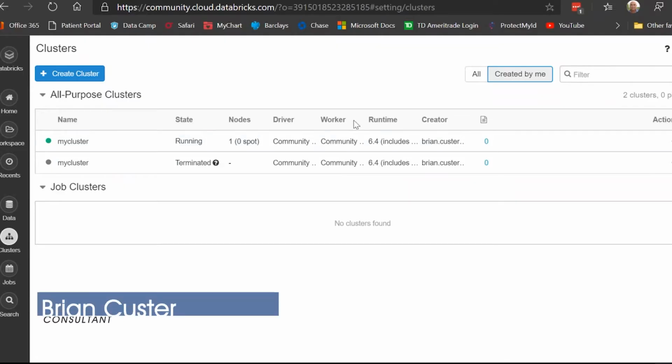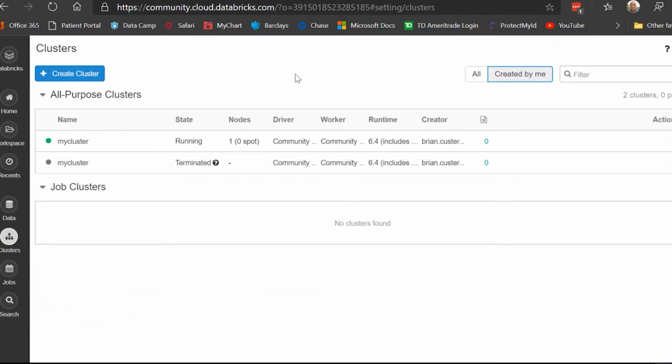What I'd like to talk to you today about is Databricks Community Edition. Databricks Community Edition is essentially a free Databricks cluster that you can use to do training and learning on, and it's completely free. There's no cost associated with it at all. You can go in and sign up by going to